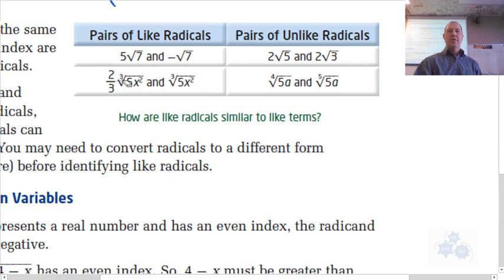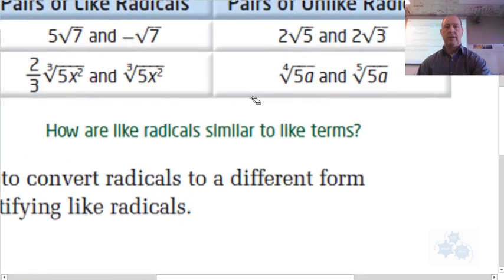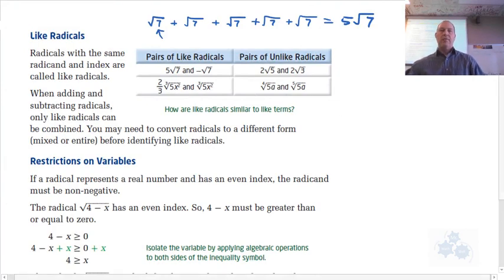Now this little number that's in here, this 3 in this case, and the 4 and the 5 in these cases, that's called the index of the radical, the index of the root. And that literally means we're going to take the 4th root of the number. So it's asking for, if you're able to calculate, so for example here, let me talk about that real briefly. If we had